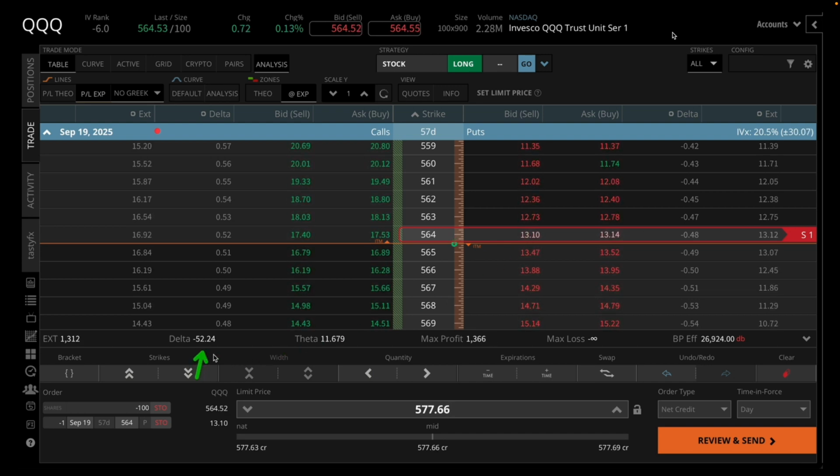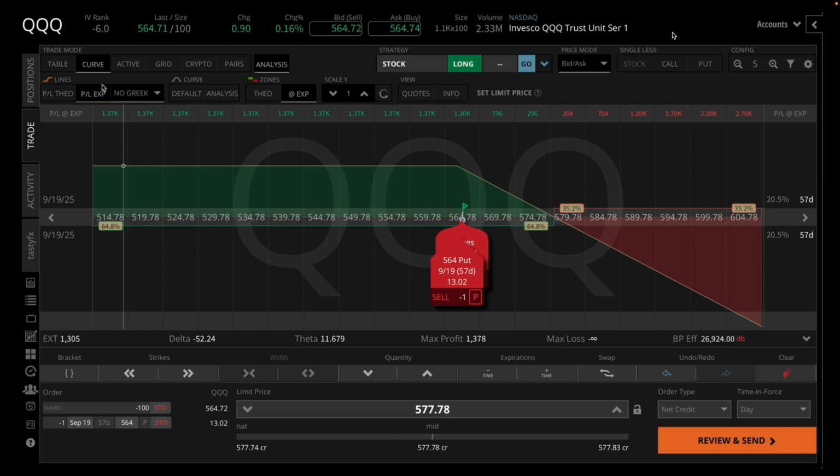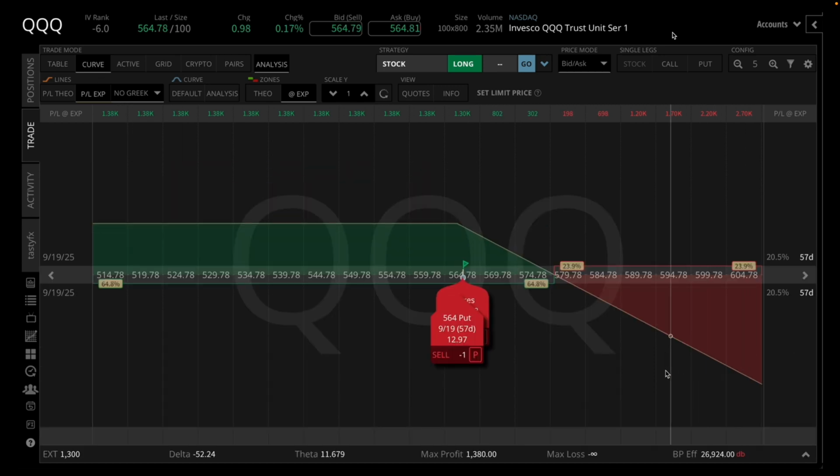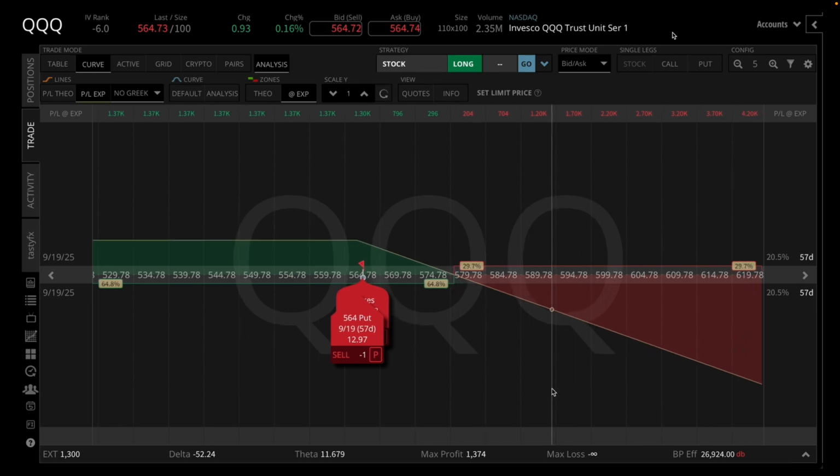And when I populate that trade, we can see that the trade has a negative delta of 52, a positive theta of 11, a max profit of around 1380, and a buying power effect of $27,000 in debit. Heading to the profit and loss diagram, we can see that the trade makes money as the